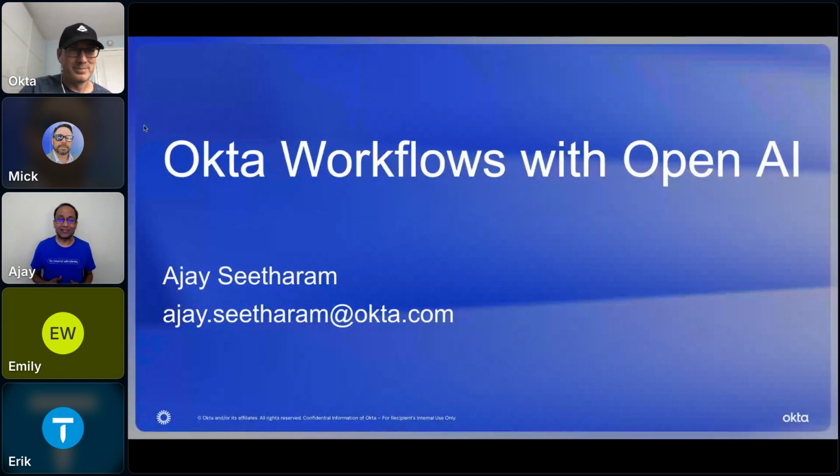Now, there's been a lot of interest in Okta and using OpenAI. As my t-shirt says, go beyond with identity. Really, it should have said, go beyond with Okta Workflows and OpenAI, because that's the subject of my presentation today. I have done other Crowdcast sessions with Max before, and I will reference them as I go along. But I wanted to give you a perspective with 2 practical use cases and 1 to seed your imagination. So let's get started.